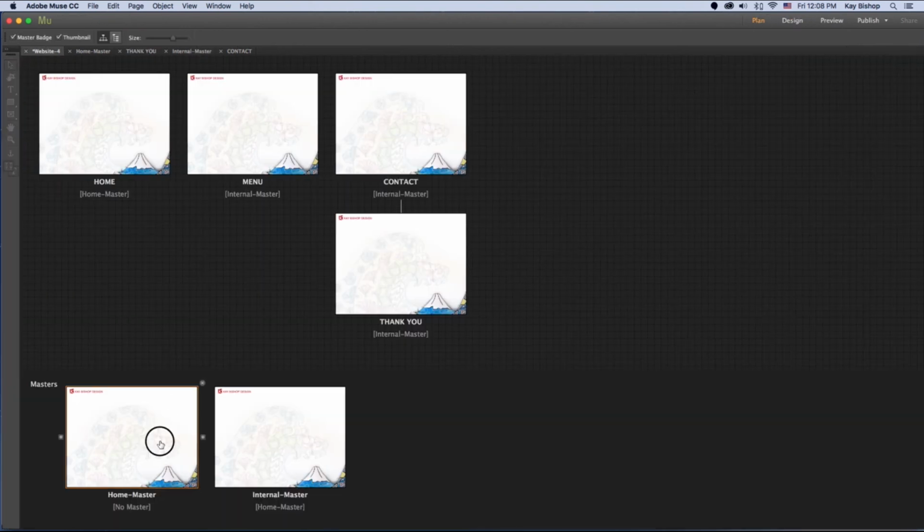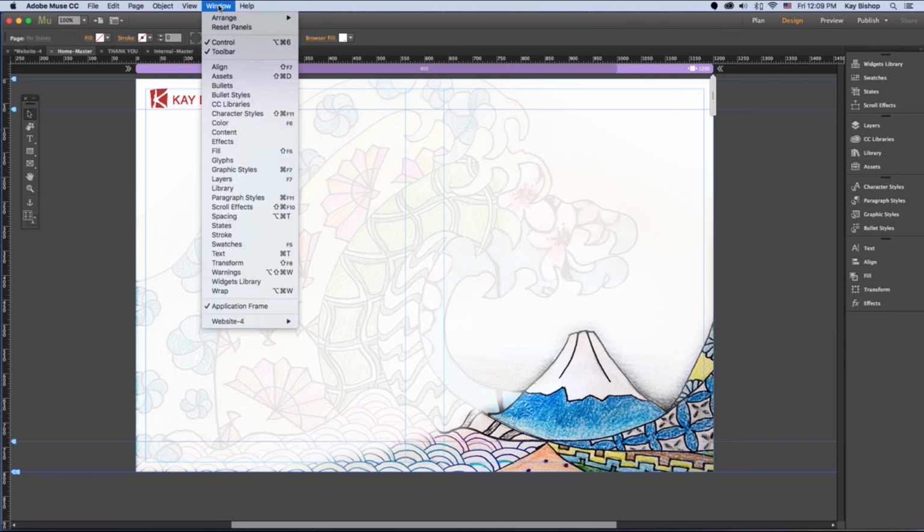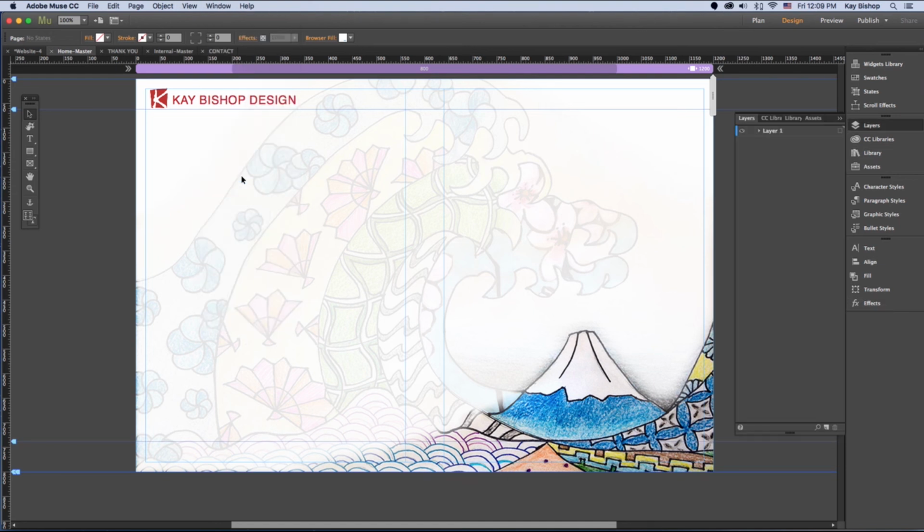I want to go back to my home master page now in design view, and I want to open up the layers. If you don't see layers here, you can go to Window and open up layers from there. I'm going to expand my layer, and I only have one layer right now. I want to create some new layers because that's going to help me stay organized when I add more elements. So I'm going to click on the Add New Layer button, and if I double click on the name here,